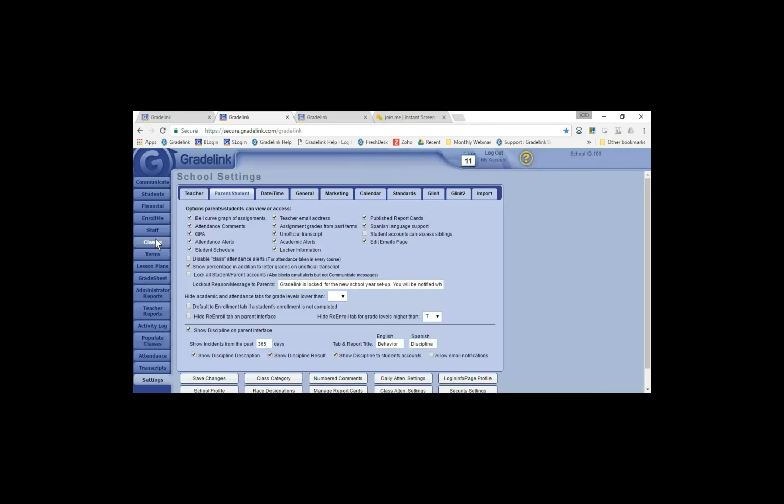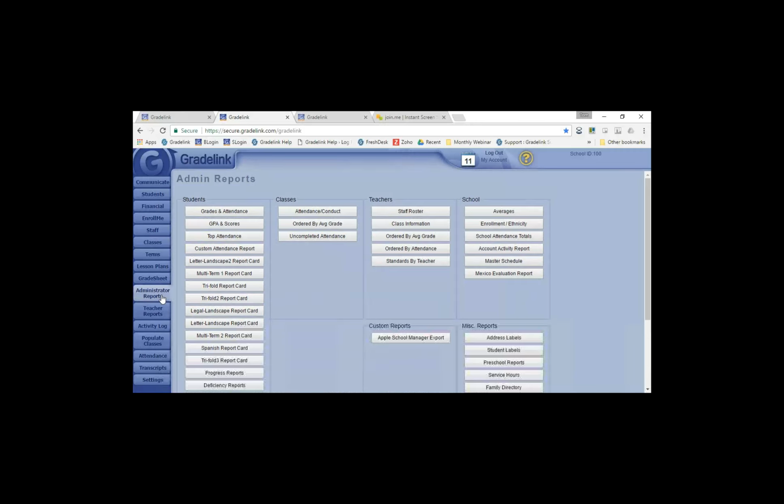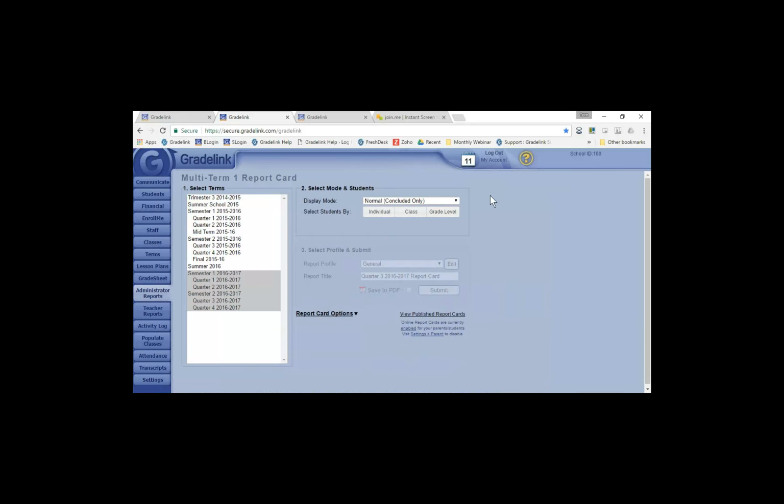Okay, it's a good idea to do a dry run of your report cards as soon as you can. Preferably a week or two before you actually need them. Because if you see something that isn't right, that gives us sufficient time to hopefully get it fixed. So the sooner you can do a test run of your report cards, the better. It's okay when you are testing your report cards to select preview instead of normal, because chances are very good that your fourth quarter classes are not yet concluded, so they're not going to show up